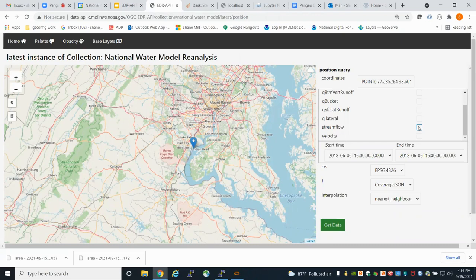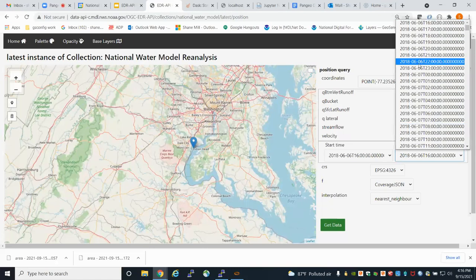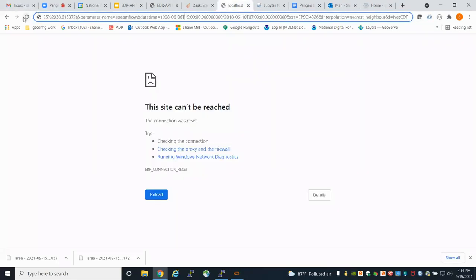What you need to know about this backend data is it's hourly data that goes all the way back to like 1993. So it's an extreme amount of data, and this will allow a user basically to subset the data by, in this case, what I'm about to show, a relatively small time series. So this right here is basically less than a day, like 6 hours. I'll click get data, and I have